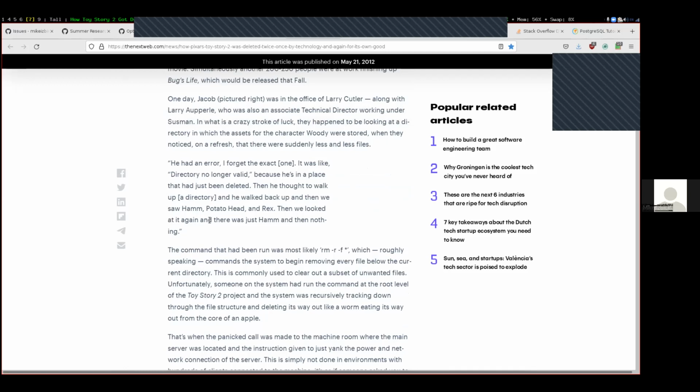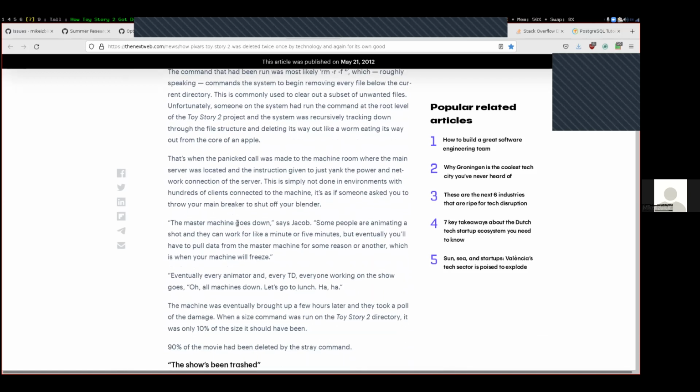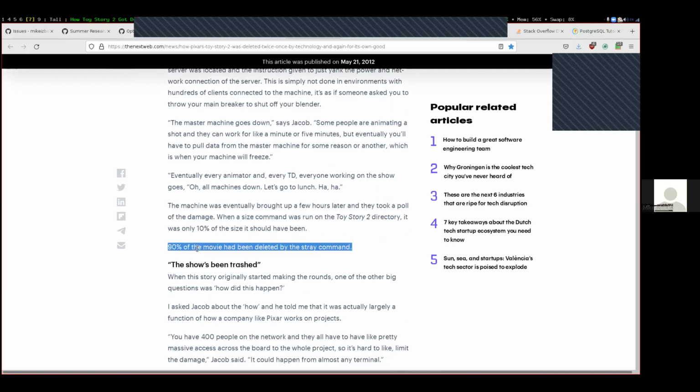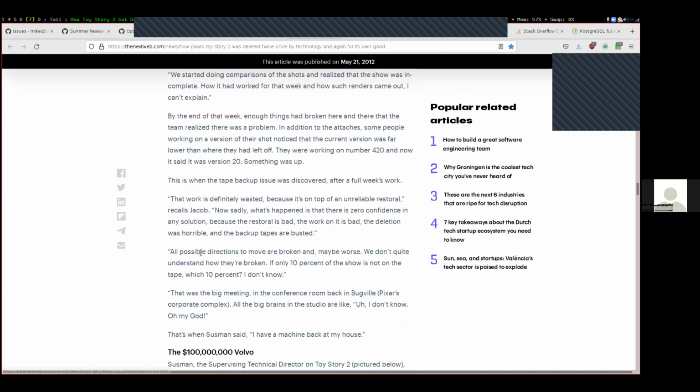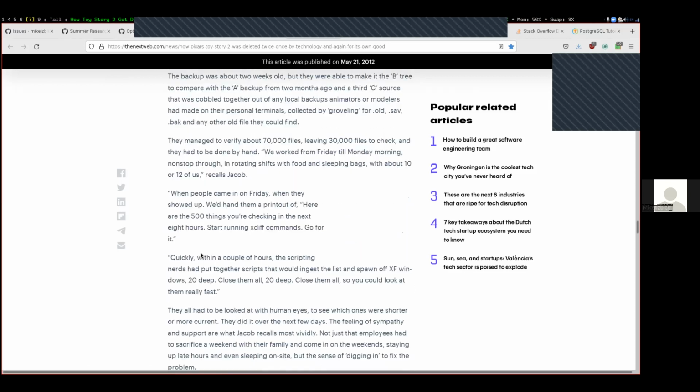And then they suddenly heard shouts from the office about why their file no longer existed, and they panicked and ran back to their screen and pressed Control-C as fast as they could. But 90% of the movie had been deleted by the time they stopped their rm operation. And at the time, Pixar did not have any backups, or they thought they had backups, but they tried to restore from the backups and were unsuccessful. Somewhere it talks about the employee who had stolen the movie from them, and